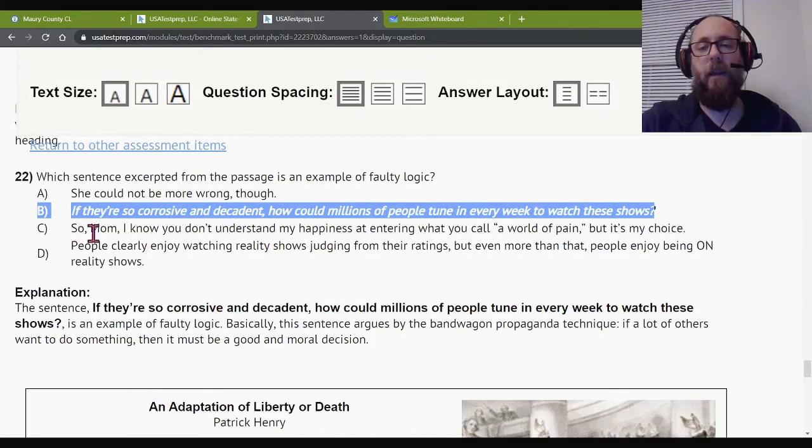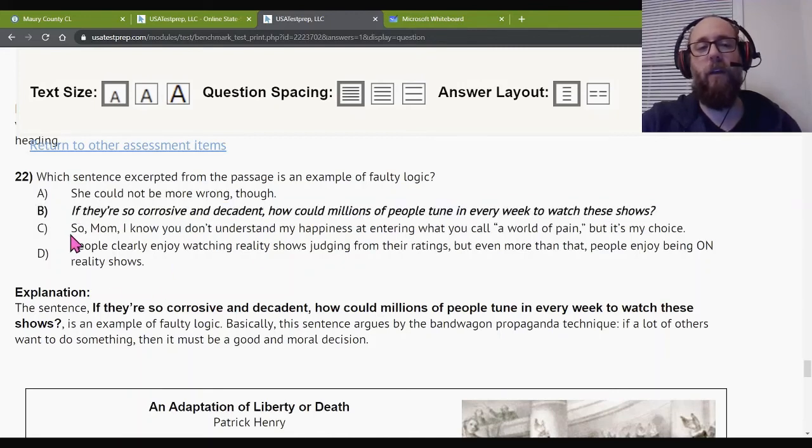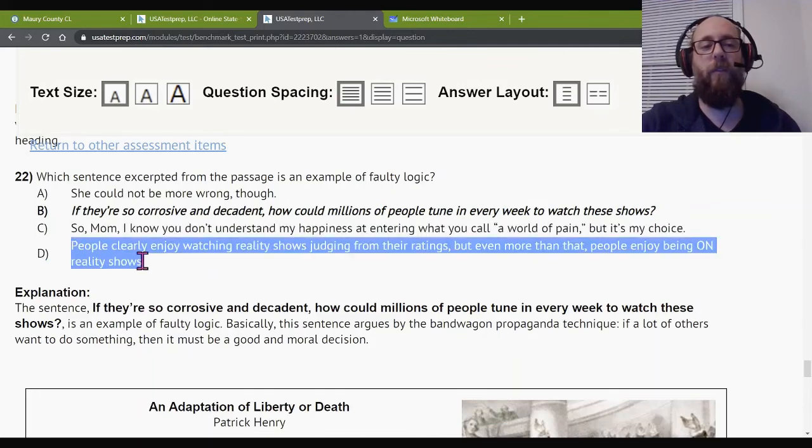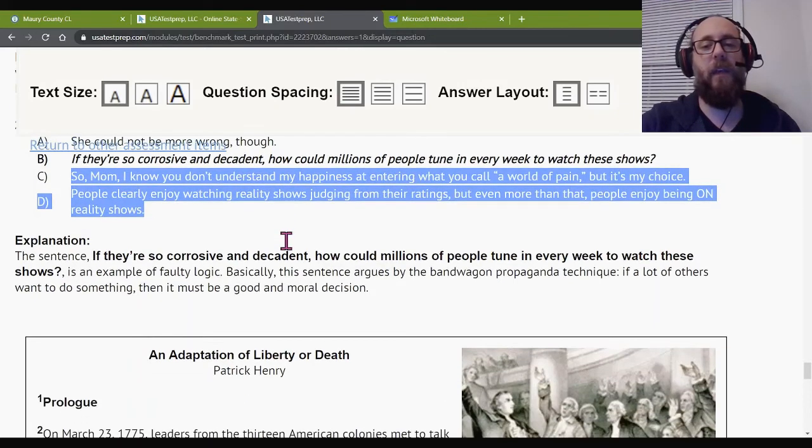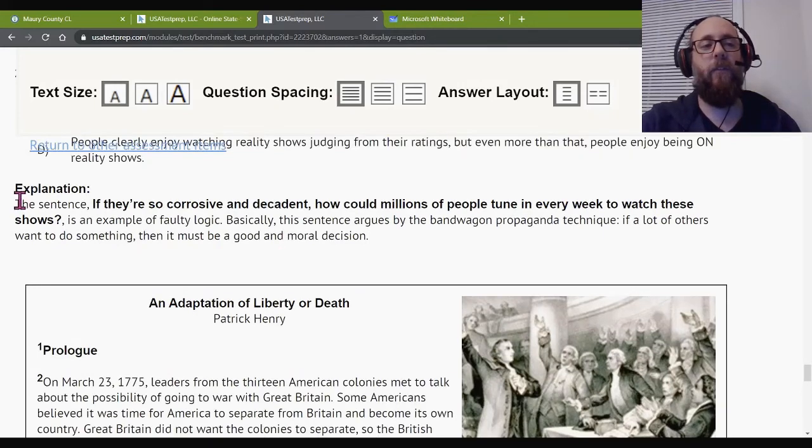And again, I'm not going to go through all these, but you would look at these other ones and be able to eliminate some of them. If you have questions about why these should be eliminated, please come talk to me. Here's an explanation. And that's going to wrap it up for us on the review of these five questions.